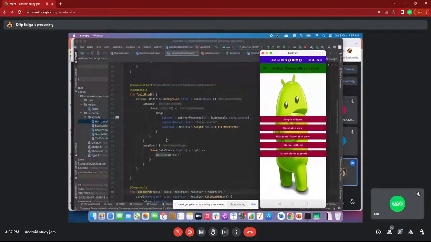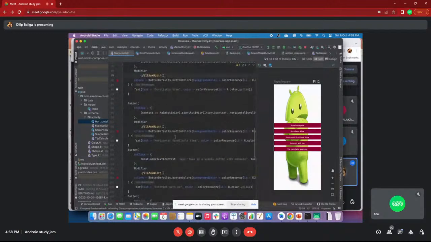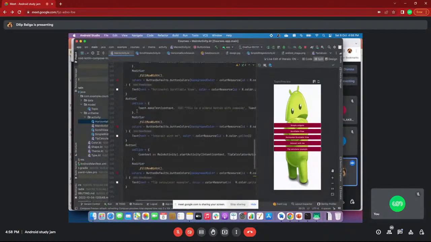Next, it is a simple button I have created that you can interact with. In Android, what I showed you now is called a toast. Whenever I click anything, I'll show you how I am doing that. Each button widget has predefined methods, that is, the Compose SDK itself provides an onClick method.